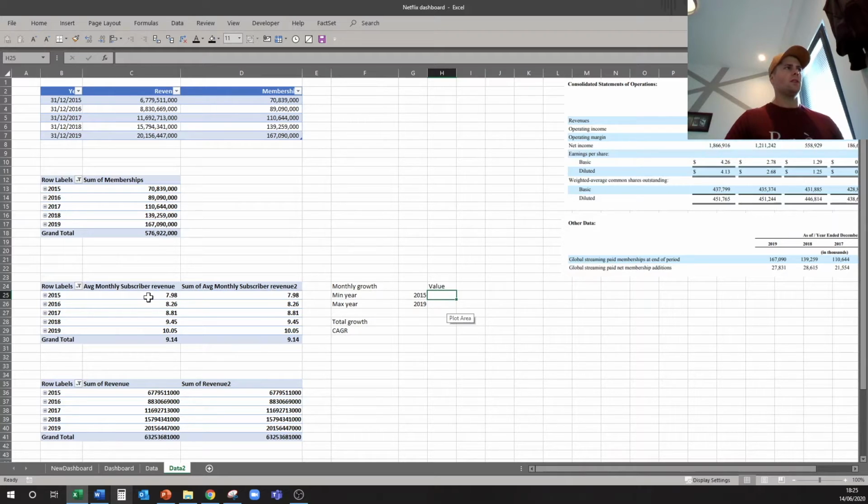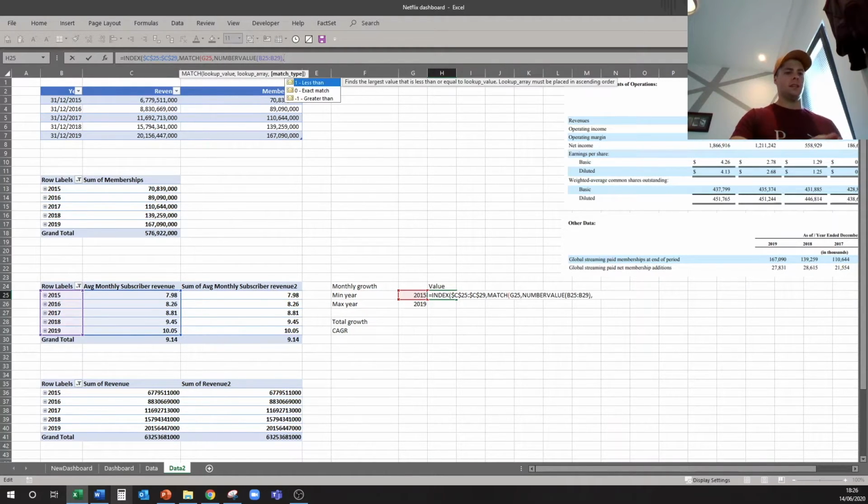Now I want to pull the matching value for that by way of a match, so we're going to do INDEX MATCH. So if I go INDEX, and I want it to pull from here, and then how many rows do I want it to go down? I need it to match this here, and I want to match that within here, but I need that to be NUMBERVALUE as well, because it's matching a number value to a number value. So we'll go NUMBERVALUE of this range, and I want an exact match,